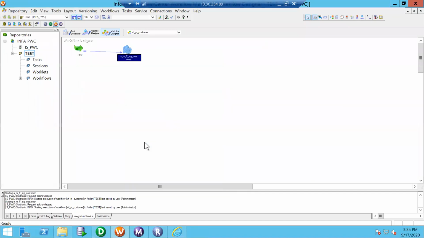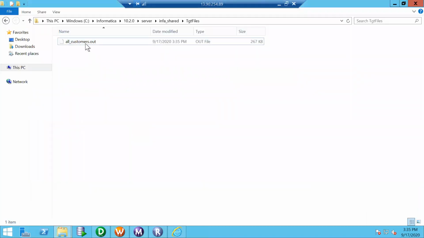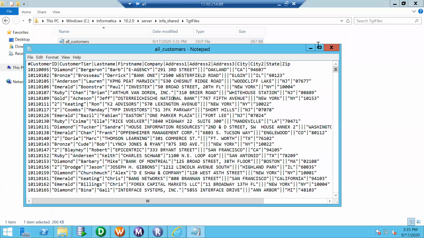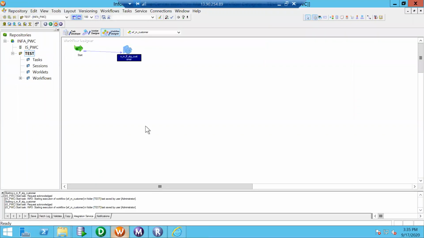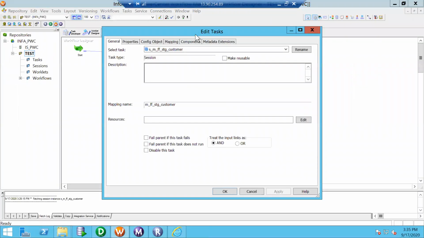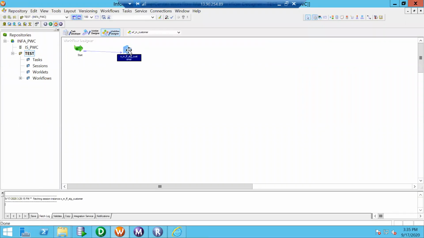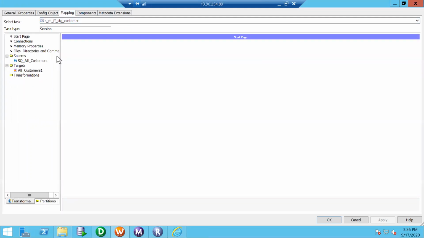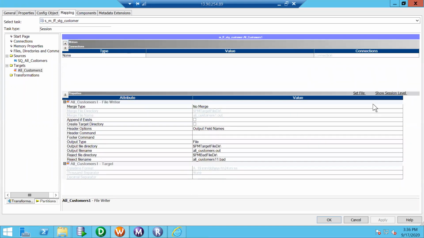Start it. So now once the session is succeeded, yeah, it got succeeded. My expectation is now the data should be separated by tilde. No, which means it did not get reflected. So there is another place we can configure such configurations. Now let me try to refresh my mapping. The same delimiter configurations can be specified at the session level also.